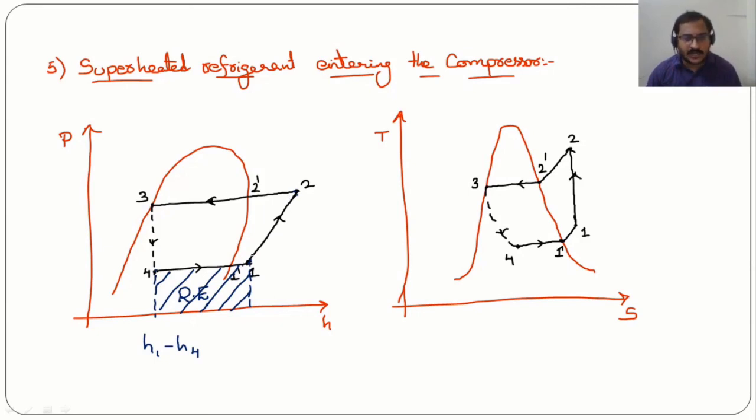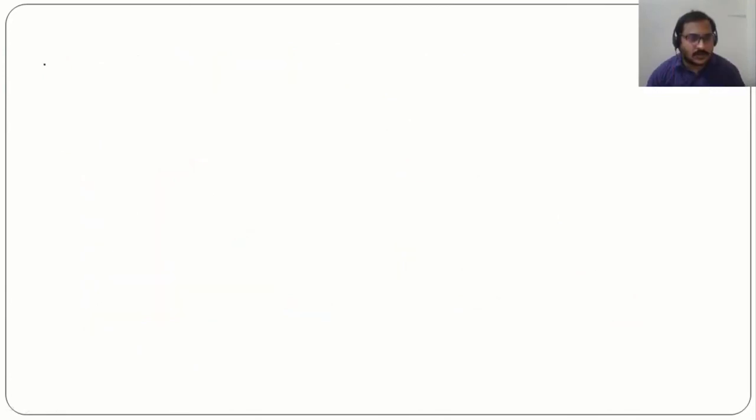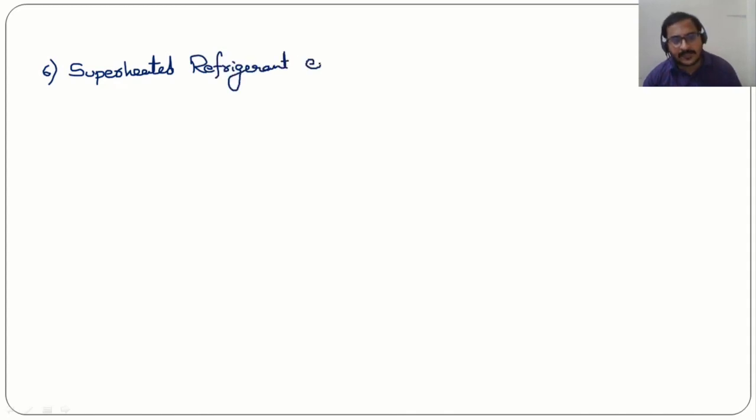So 1 to 2 condition remaining the same means the highest pressure of the cycle, that is the condenser pressure, and the lowest pressure of the cycle must remain the same. In order to improve the COP, we need to consider a 6th condition, that is superheated refrigerant entering the compressor,